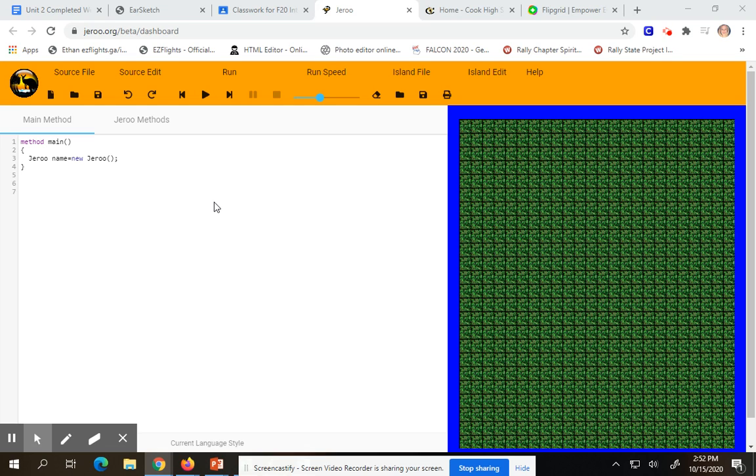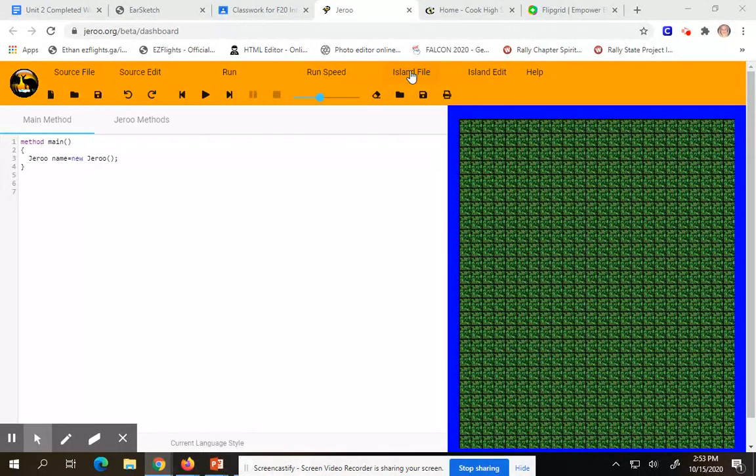With Activity 3, the directions read, Susan starts on Lake Island at location 6-8, facing south with 4 flowers in her pouch. Her task is to plant the flowers to make the island look like the one shown in Figure 3. Now, for Activities 3 and forward, you're not going to have to create these islands. I actually provide those files for you, and I sent those to you in an email today in a zipped